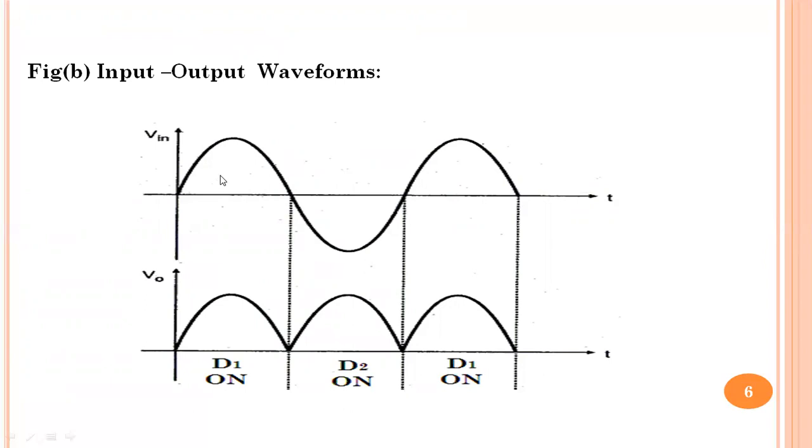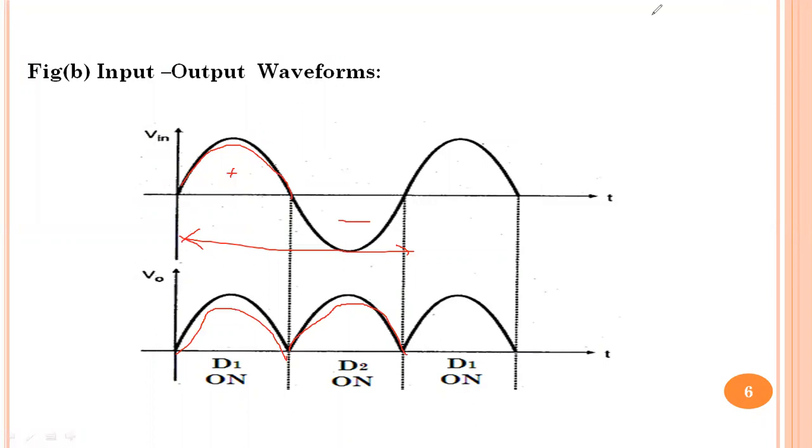It is found that during the positive half cycle of AC input, diode D1 is in on state. Therefore, the same half cycle present across the upper winding is brought to the output. Whereas during the negative half cycle, D2 turns on. Therefore, the negative half cycle is inverted at the output. We'll get the DC output for both positive as well as negative half cycle. So the full cycle of AC input will get rectified. Therefore, this circuit is called a full wave rectifier circuit.